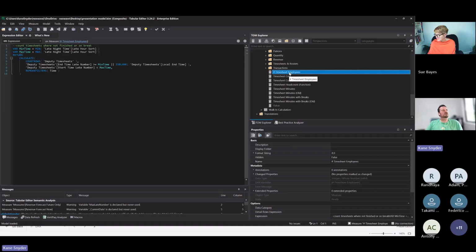Number of people on shift. This source system is called Deputy Timesheets. There's a system in Australia for managing timesheets called Deputy. This late night time is my time dimension.